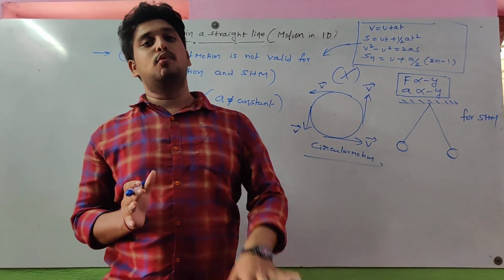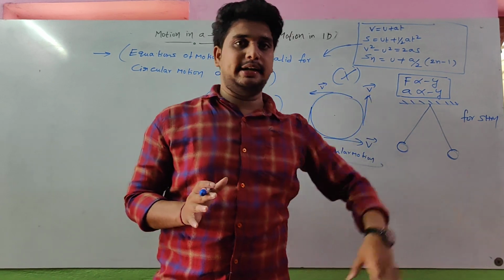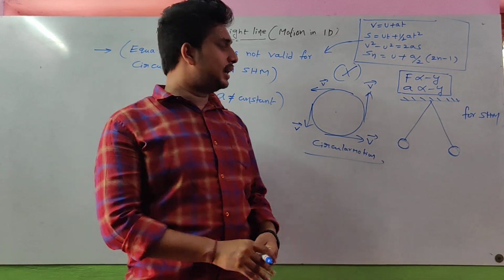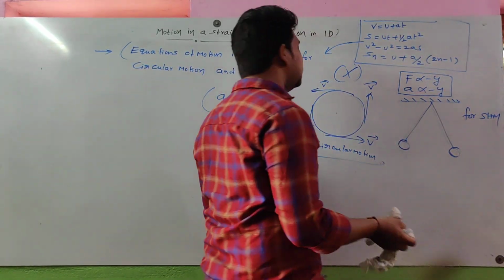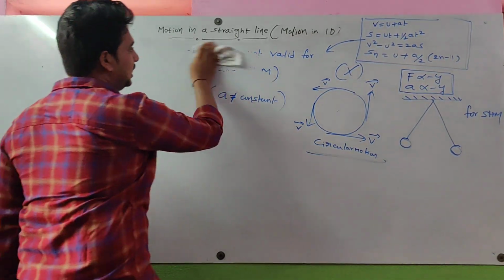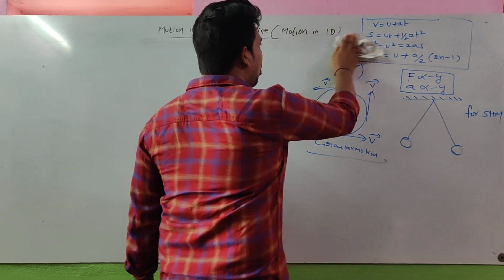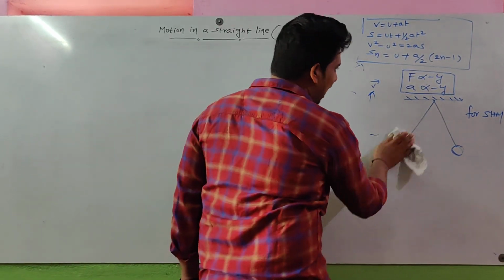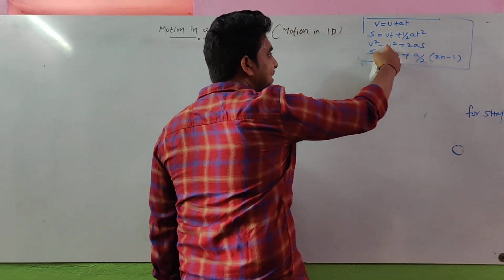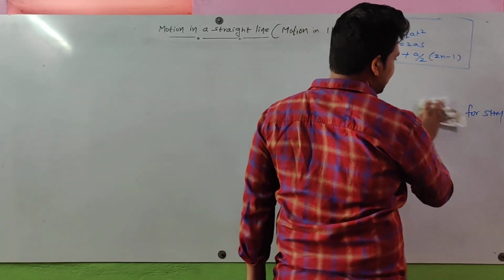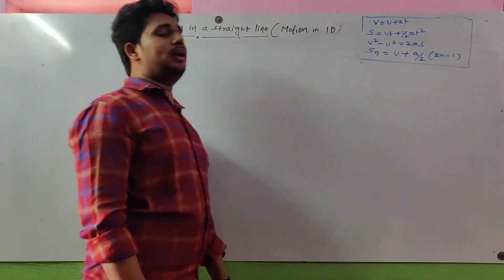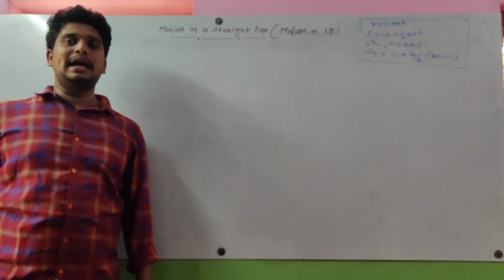If any body moves in uniform acceleration, or constant acceleration, then only these 4 equations are valid, right? I hope you all understood this one. So then we start another topic. I already told you, if your body is projected vertically upward, then there is a slight variation in these equations. What is that slight variation and why do we need to vary this equation? That is important.